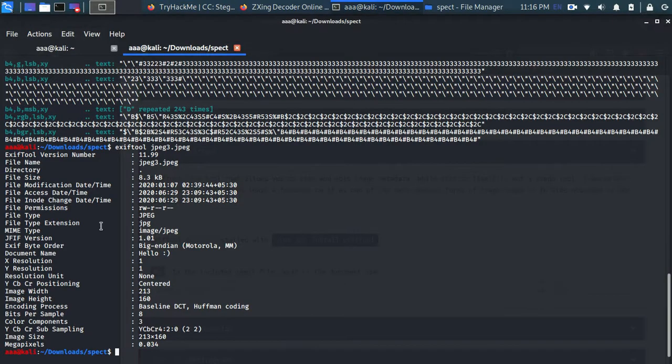Let's see. Okay, the name is jpg3, and you get more information about that picture, and there is so much information, like what is the width, what is the height.